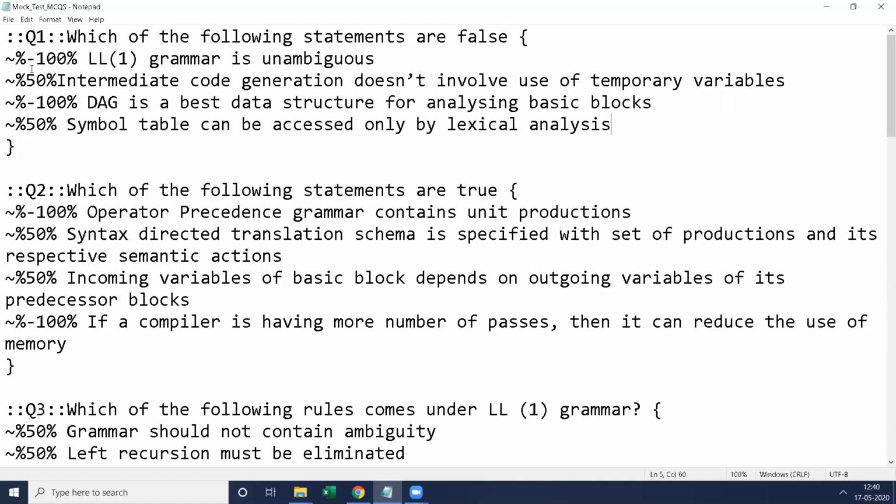If the person chooses the second right choice and the fourth right choice, the 2 right answers, he will get full marks. If he chooses any one of the right choices, either the second choice or the fourth choice, he will get 50% weightage. That is, partial credit will be given.